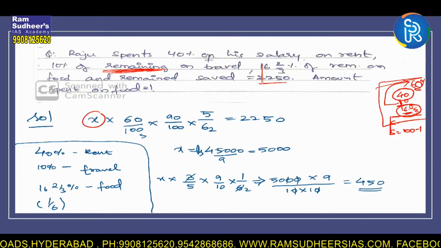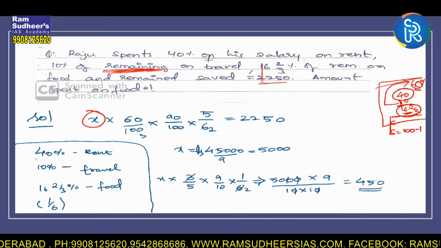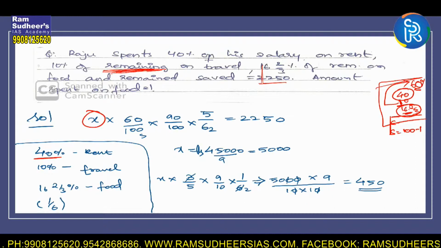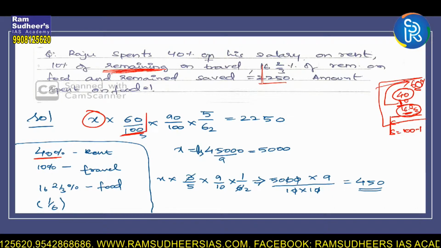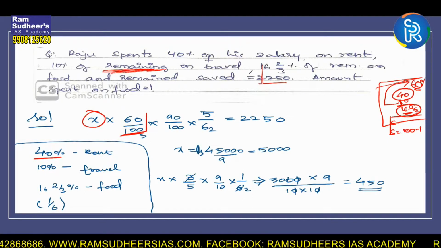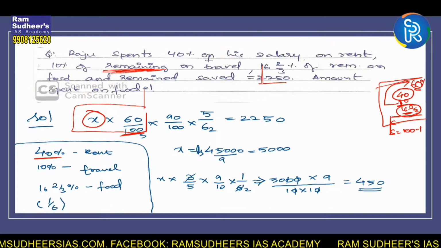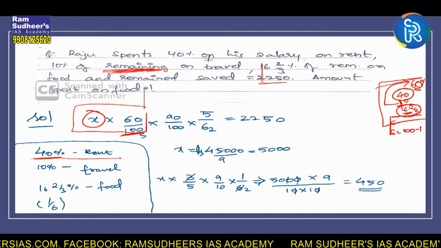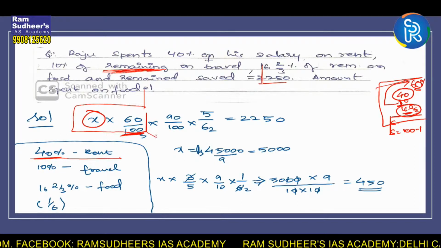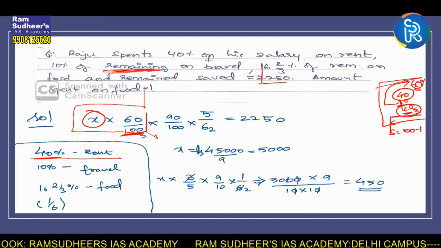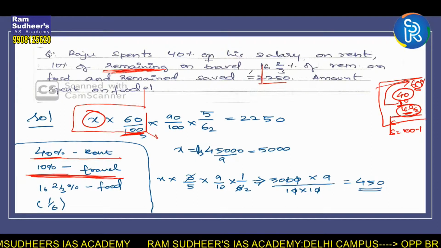Let his salary be X, and he spent 40% on rent, and the remaining would be 60%. Therefore, I have taken it to be 60 by 100. And this is what remains with him presently, my friends, because 40% he had already spent on rent, and this is the remaining value I have taken over here. Of the remaining, 10% he spent on travel, and because